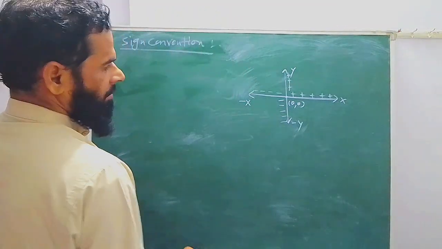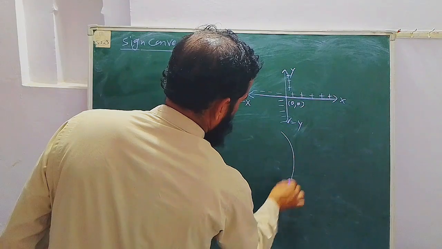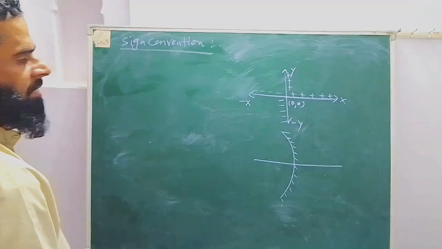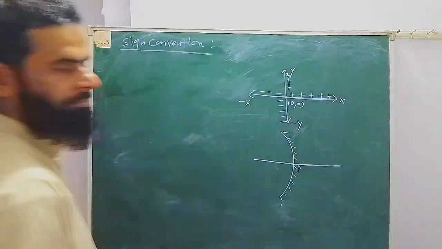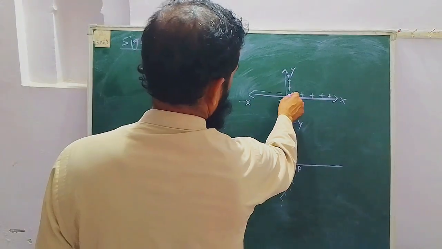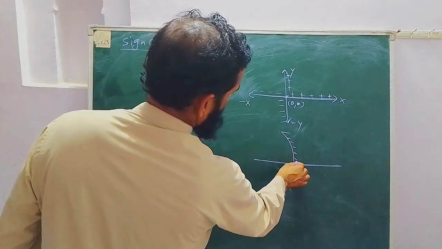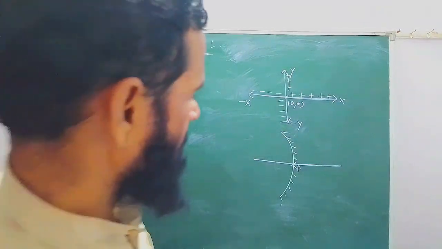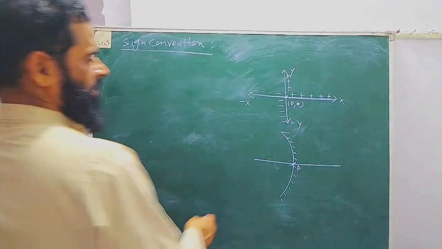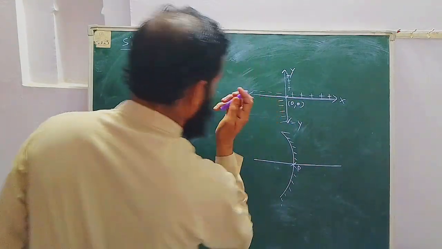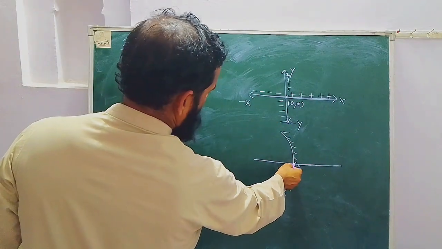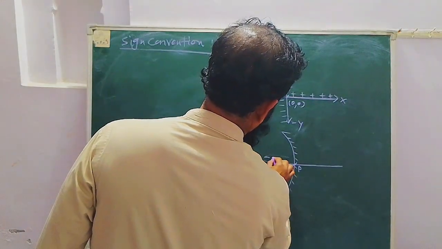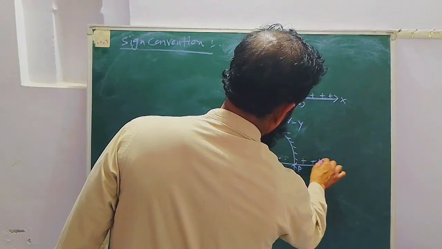lens. Okay, in case of a mirror, if we make a concave mirror like this, we draw the principal axis, and this is the pole of the concave mirror. So if we consider the pole as the origin, from the pole, on the right side we take the positive sign for distance, and for the left side we take negative. Similarly, from the pole, left side we take negative, and this side we take positive.